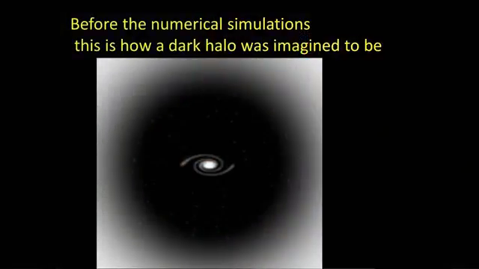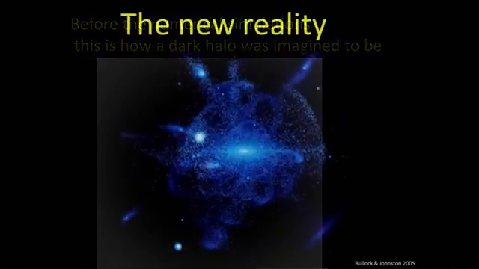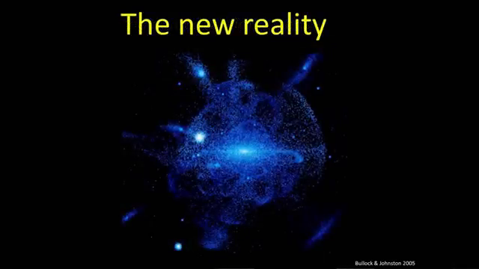Okay, so let me show you one or two examples which have come from the numerics. Before we did big computer simulations, your naive model of what a dark halo was was this, a big amorphous blob of dark stuff. Here is one of the few discoveries I know that actually came from doing a massive simulation on modern computers, and so this is what the dark matter actually looks like. It turns out that all this dark stuff has a memory. Basically, stuff is coming in. Imagine all this is just pure dark matter, forming the central galaxy, a continent in the center, but leaving all these blobs behind because things just do not mix up that completely.